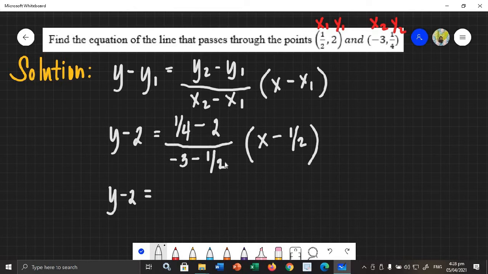Okay, so we now have y minus 2 is equal to, okay, now here we need to compute separately the numerator and the denominator. So you can just use your scientific calculator for you to solve this. And as much as possible, go to the answer that is in fraction form. Okay, so when you subtract 1/4 minus 2, the answer will be a negative number, and that is -7/4 all over -3 minus 1/2. You can just click this using your scientific calculator. So when we subtract -3 by 1/2, the answer in fraction form is